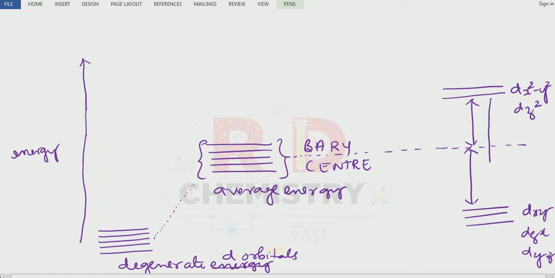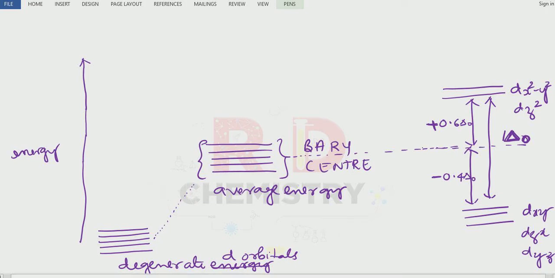Okay, and the total energy gap is taken as 1 delta O. Delta stands for difference, the energy gap, and O stands for octahedral, the octahedral field. Now how much will it increase? This will increase by 0.6 times with respect to the average energy, the barycenter, so 0.6 delta O. This will decrease, so I'll write minus 0.4 delta O. This plus or minus is only with respect to the barycenter, whether the energy is increasing or decreasing. When you put 0.6 and 0.4 together, it is 1 delta O. Okay, clear? Now see here, energies are not the same.